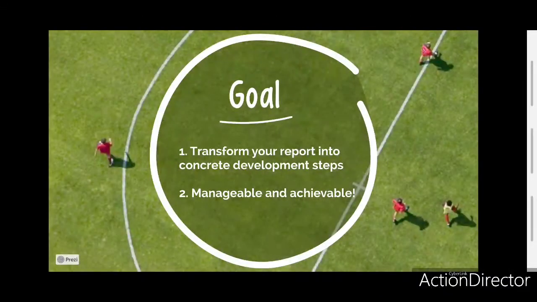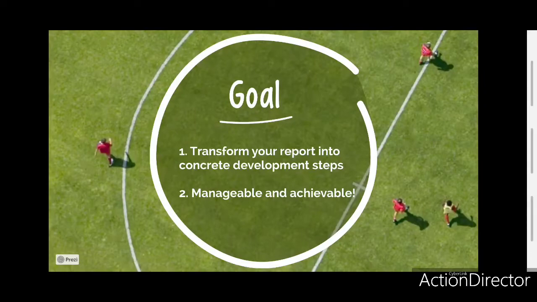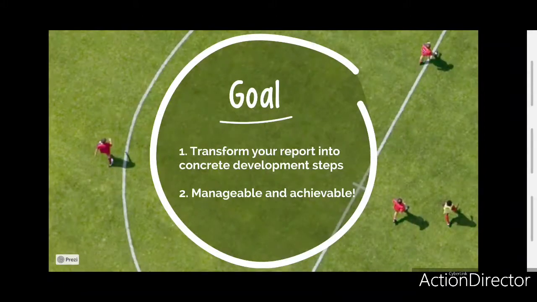The next point is make sure your goals are manageable and achievable. If you don't do these two things, these goals are simply going to fall by the wayside because you're going to forget about them and it won't be important or measurable to you. So by making sure you identify action items that you can reach, that you can actually measure, and that you can actually achieve, you'll see that you will be paying more attention to these goals and putting more energy into making sure they get to where they're supposed to go, and you will be able to measure tangible growth based on this MBTI tool.